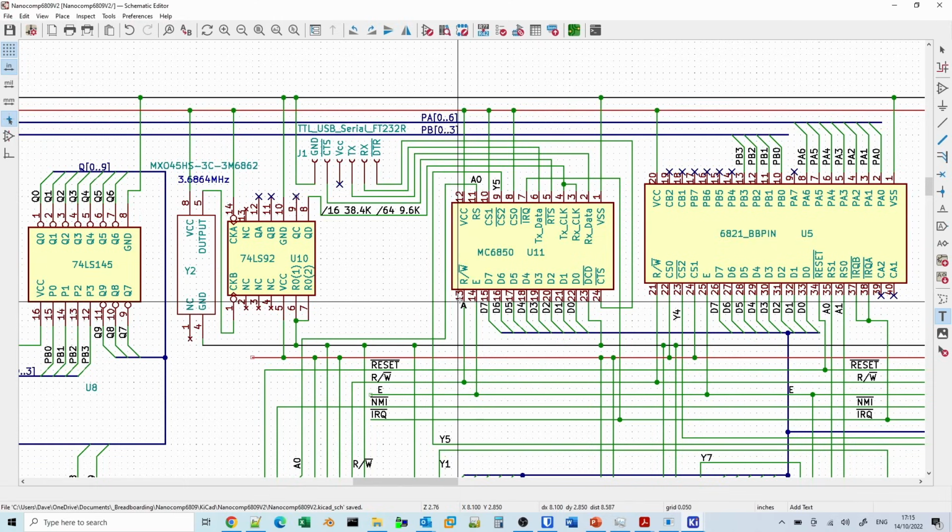Then there's just a few other things we need to worry about. So the E signal is the clock signal, which determines when the chip reads the values from the data bus. Read-write is used to determine which of the status register or control register is being used. Data carrier detect is a line that used to be used for modems when there was a carrier signal on the modem. We're just going to tie that to ground because then it's always enabled.